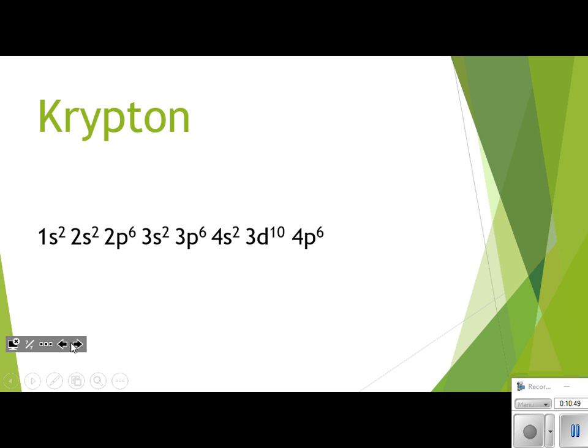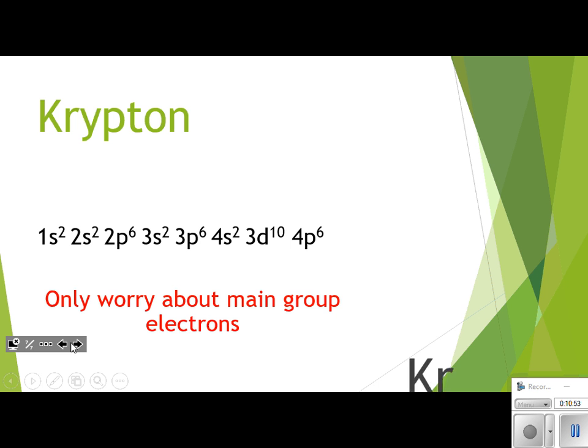So, as I look at krypton, I am going to have dots 1 and 2, dot 3, dot 4, dot 5, dot 6, dot 7, and I will have a filled outermost energy level with 8 valence electrons for krypton. Any question? Okay, ladies and gentlemen, that is